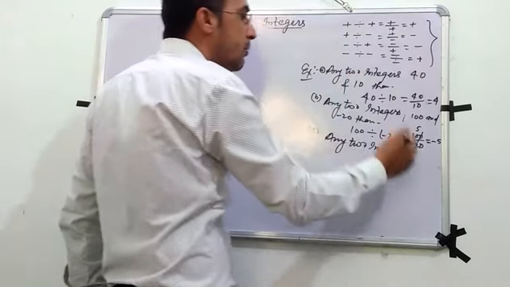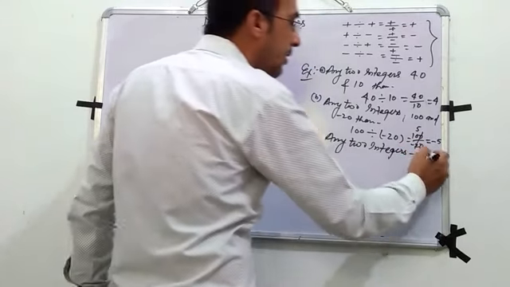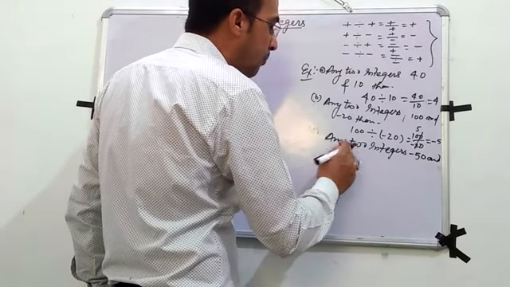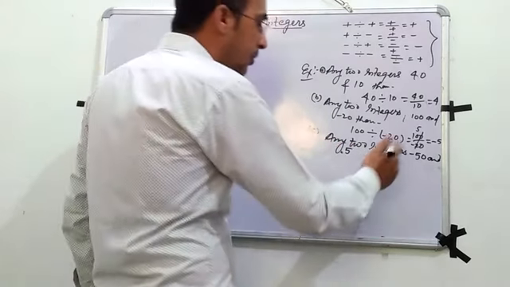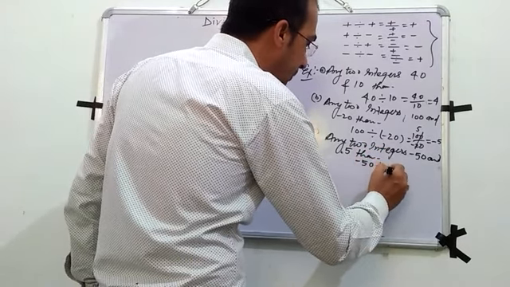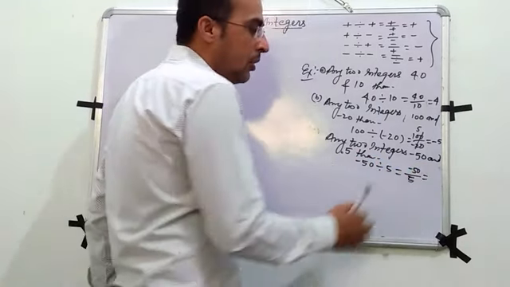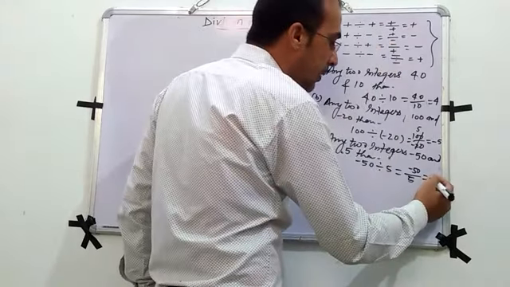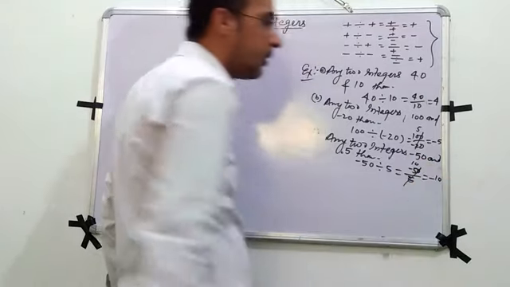Suppose one is negative, another is positive. It means minus 50 and another is plus 5. Is it clear? So minus 50 divided by 5 will equal to minus divided by plus. According to this rule, the sign will be negative. And how many times will it divide? 10 times. Then the result will be minus 10.